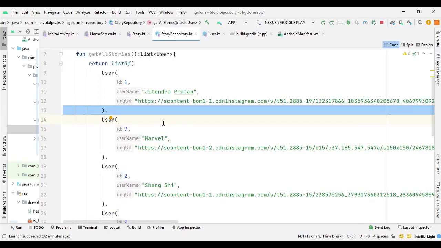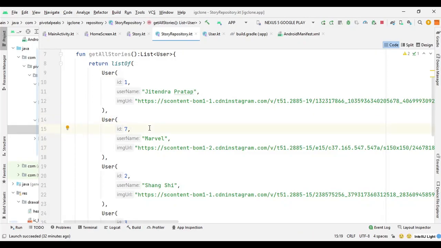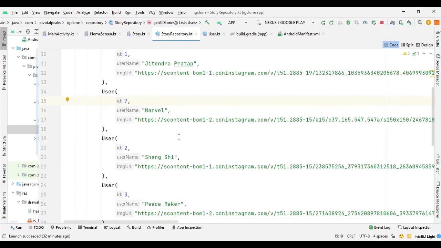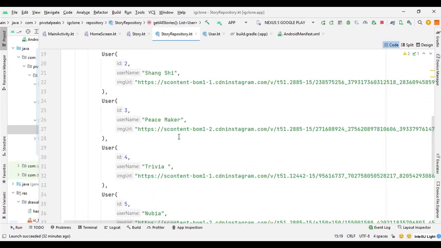Most of these image URLs are from Instagram itself. So you can choose random Instagram profile images, or you can use it from here. I will put it in the resource link. And the thing with these links is that they are only valid for a limited time.